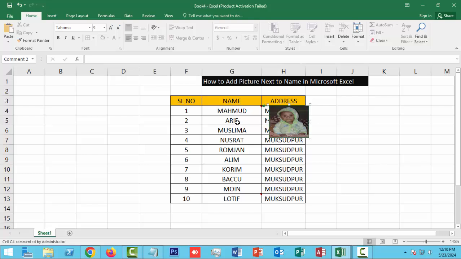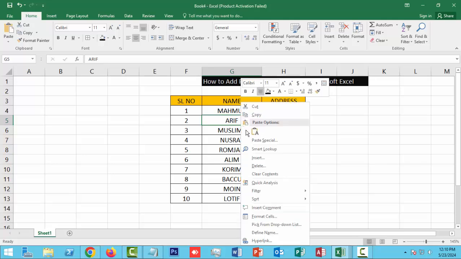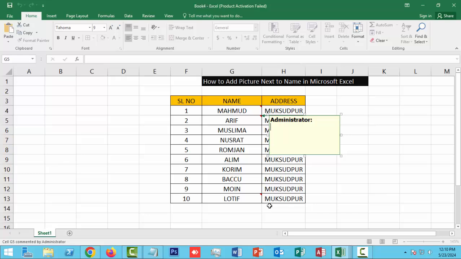Then again, add a picture for the next name. Now click the mouse right button, then click the insert comment option, then you will see the bar with text, and this text is removed,